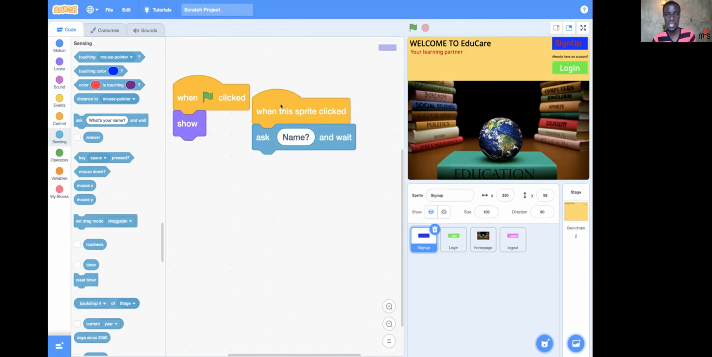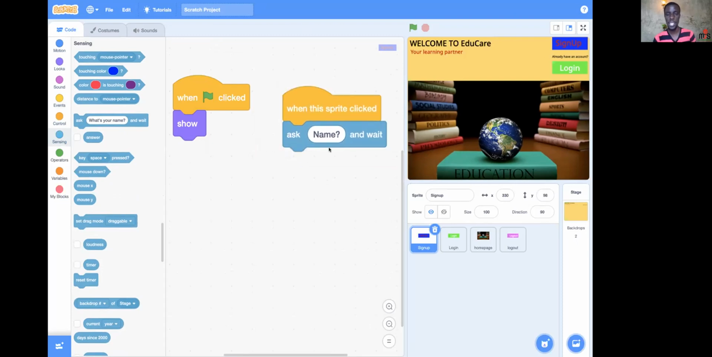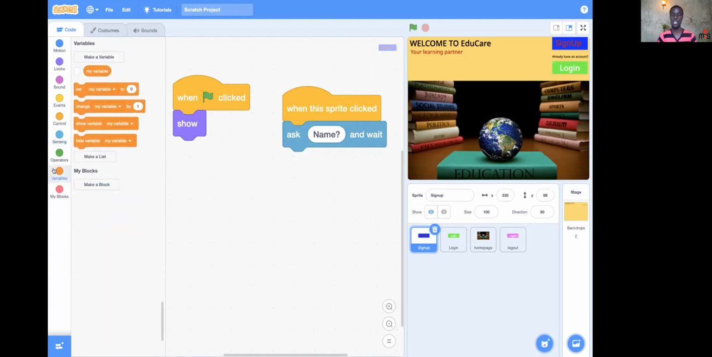But for mine, I'm going to be recording their name, their email, their password. I'm also going to be recording their age, or maybe their school. So what I do, I come to create a variable. I come to variables. Of course, this is where we started from. Under variables,